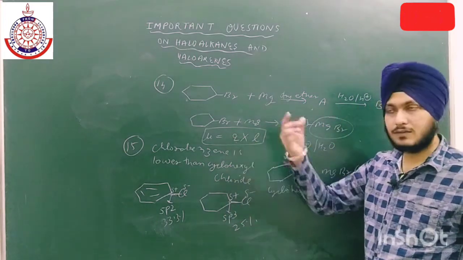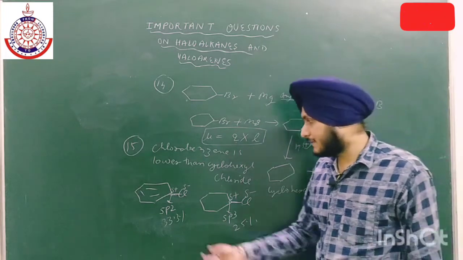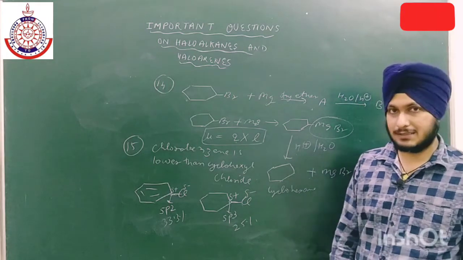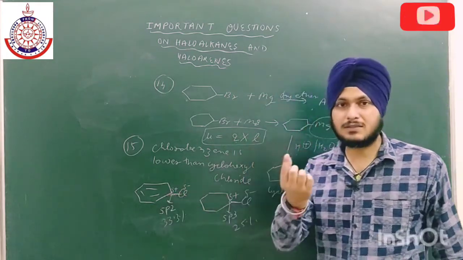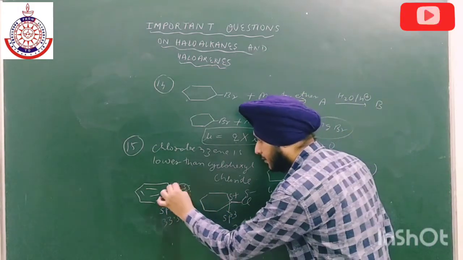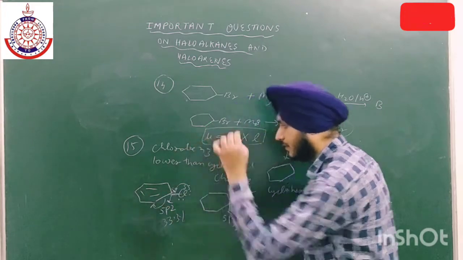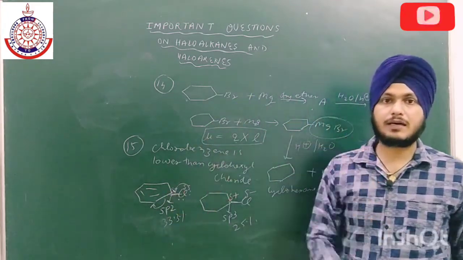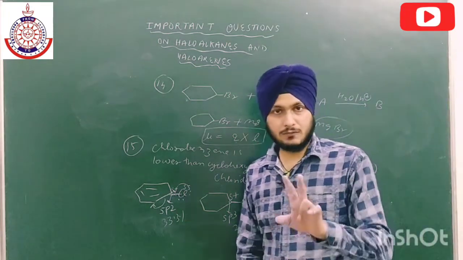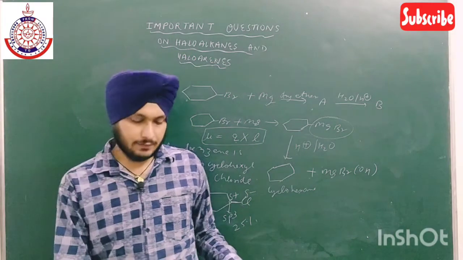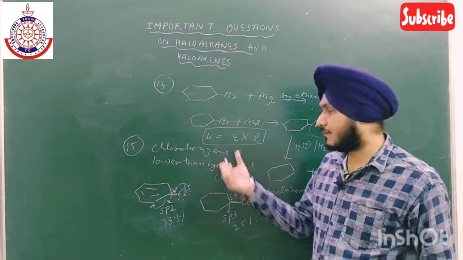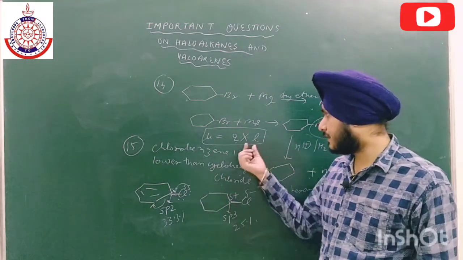That is why the value of Q is high. This is the first reason. Second, the s orbital is very small, and here we have 33.3% s character, so this bond is a little bit smaller. One more reason, due to resonance, this bond will shift over here, this will shift over here, and this bond will get a double bond character. That is why the value of L will also decrease in this case. So there are two factors. First is Q, due to high electronegativity of sp2 carbon, the charge induced will be less, and the second factor is length.